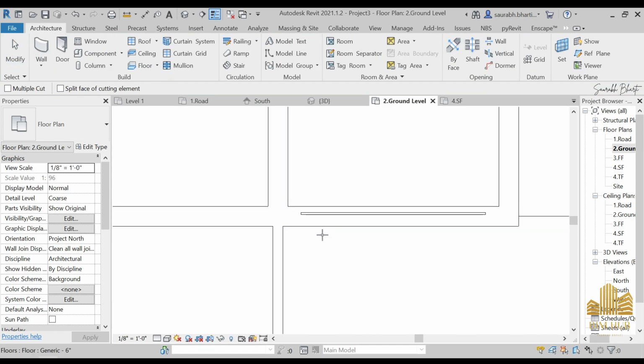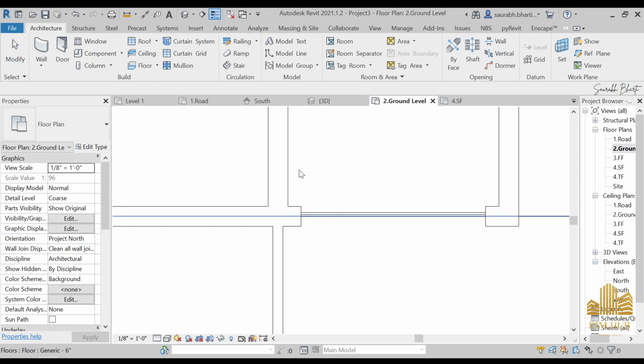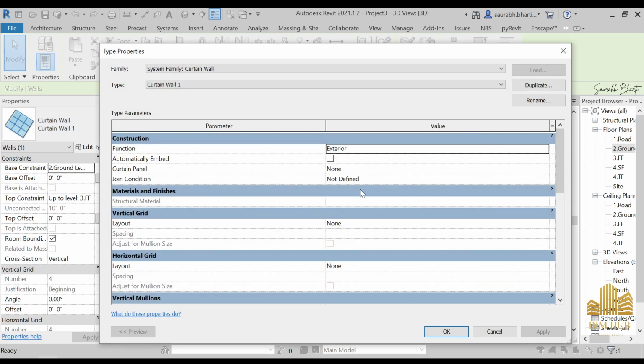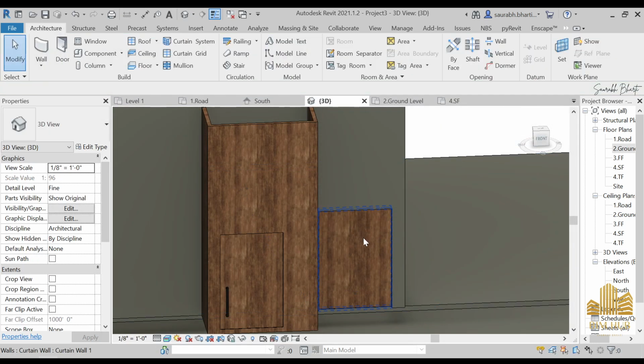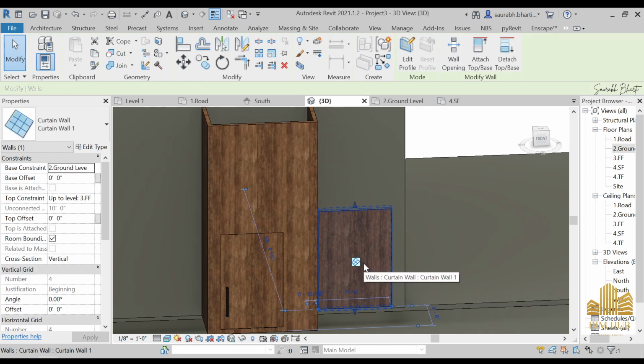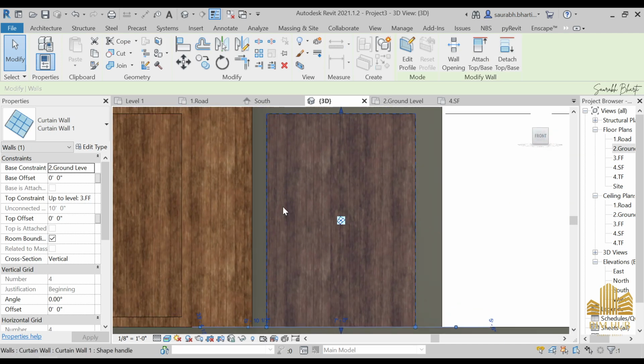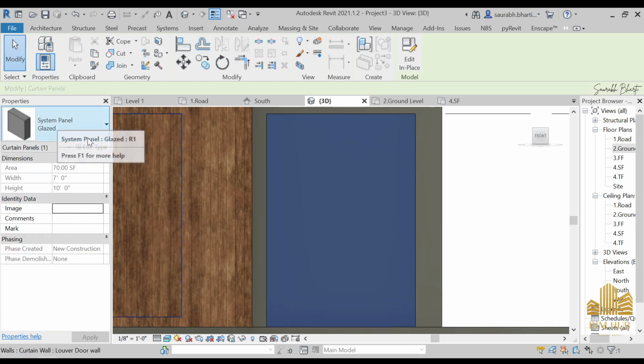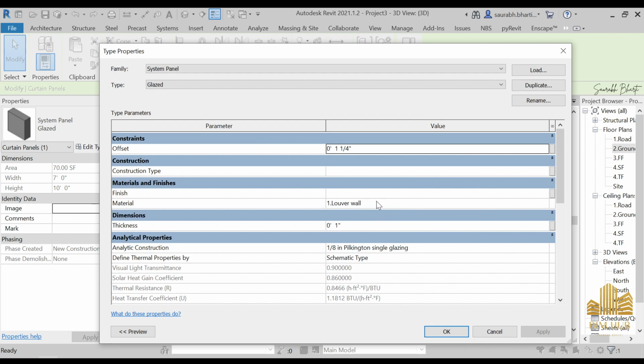Go to cut, select this wall and then this geometry. Now go to edit type, and here actually we made one of the mistakes, that is we changed the glaze panel to this one. So what we can do is, again select this wall, okay, and then select this glaze panel, edit type, and instead of this louver wall,